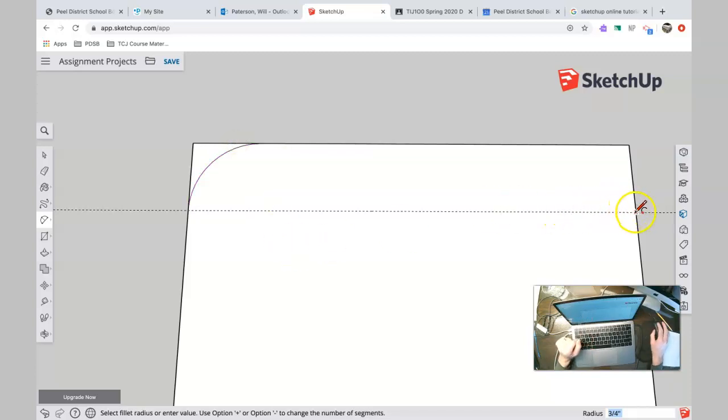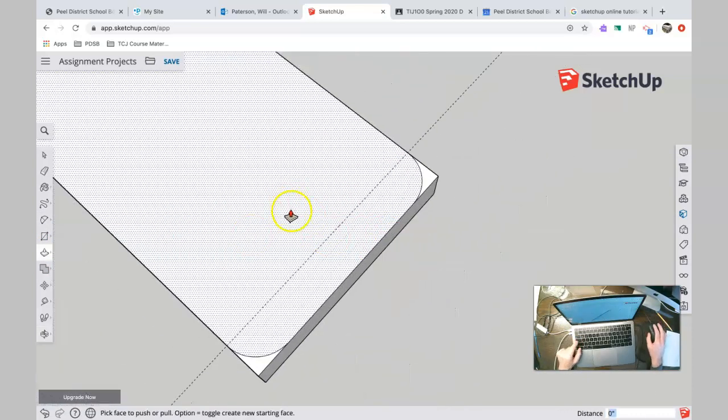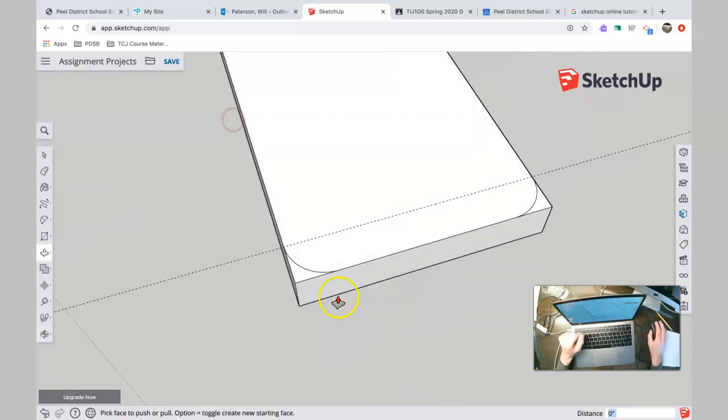Do the same thing over here. Click once, bring it up, and you have to move it till it turns pink. 2 and 3 right there. Okay, 3 clicks. And then push pull. Let me go around here. And I'm going to click once, take it down, click twice, click once, take it down, click twice,